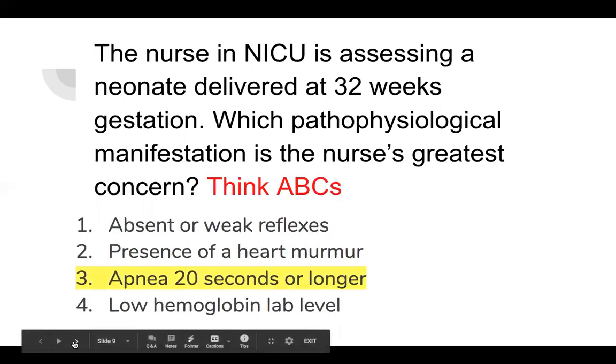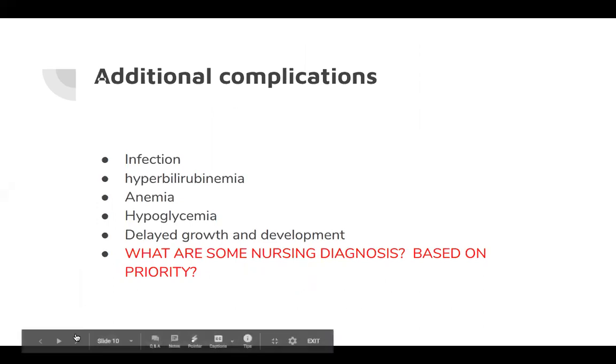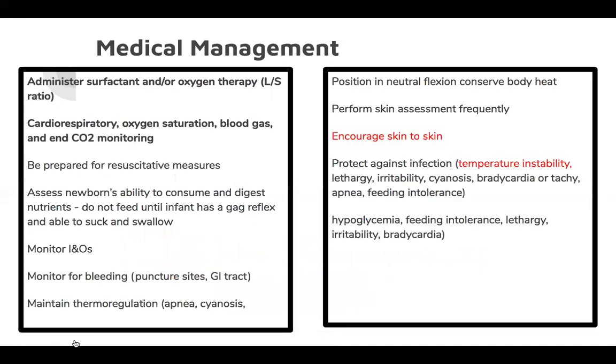So think your ABCs, your apnea. Additional complications, we talked about everything there. So again, think of what are some nursing diagnoses. Medical management. So you're going to be managing everything from a systems perspective: airway, heat, protecting the skin, cardiovascular, monitoring ABGs, administering oxygen, intubating, monitoring INOs, monitoring and maintaining for bleeding, low blood sugar, infection,